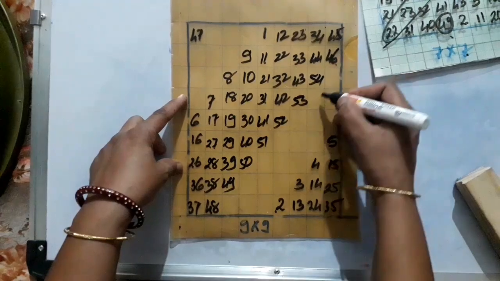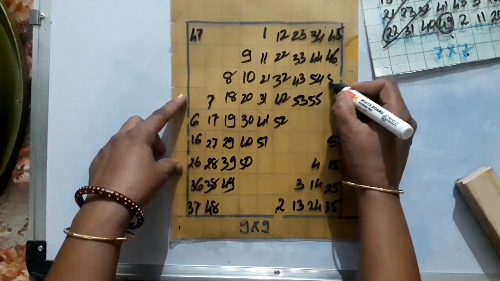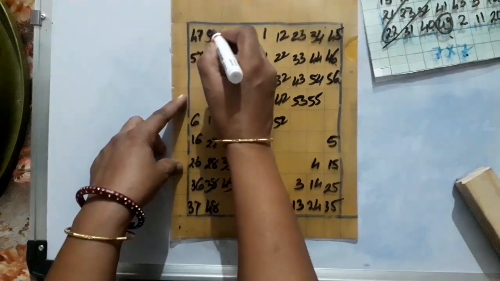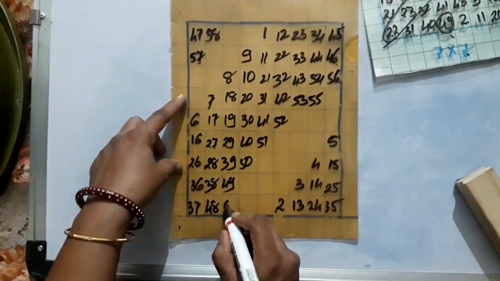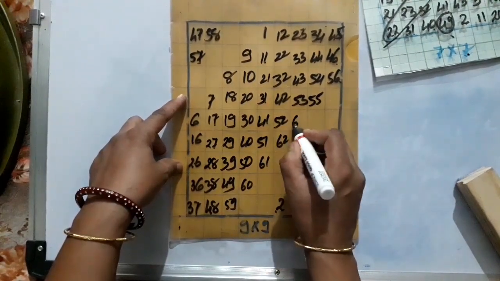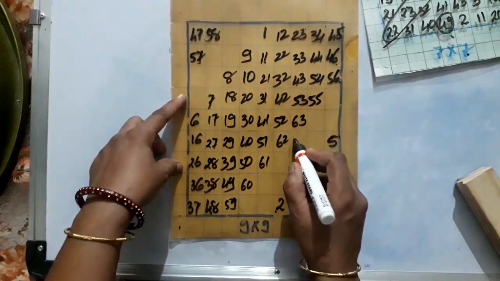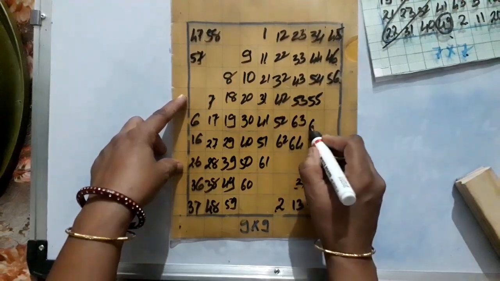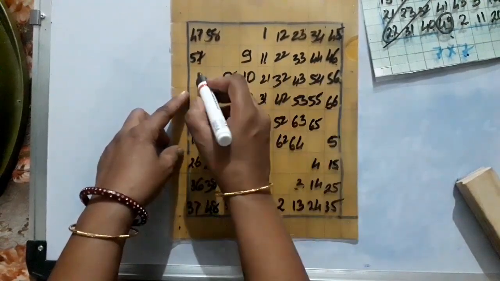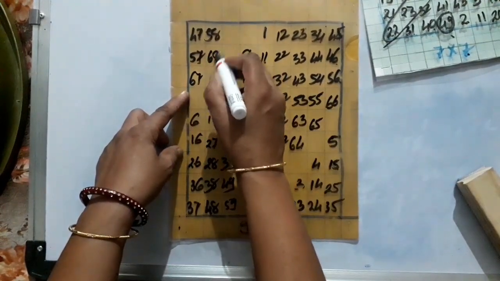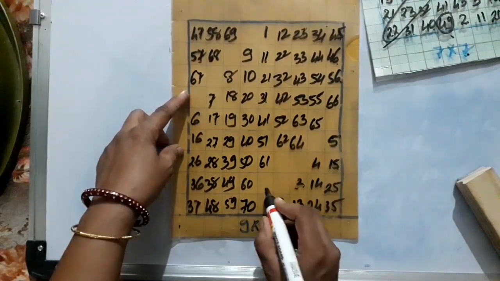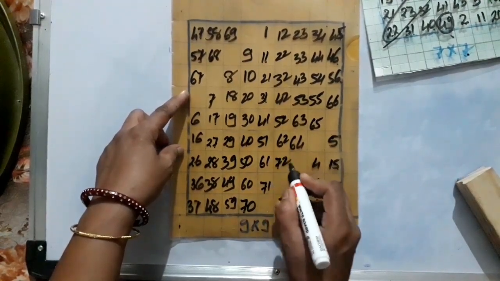Now no space here, so 55, 56, now 57, move diagonal, 58, 59, 60, 61, 62, 63, no space, 64, 65, 66, move to the left side, 67, 68, 69 and now 70 should be here, 71, 72,